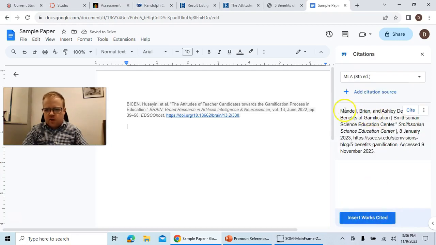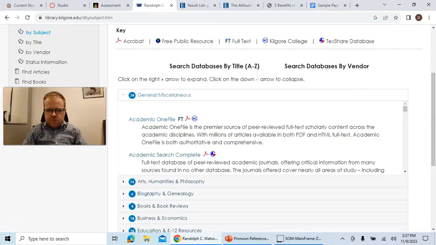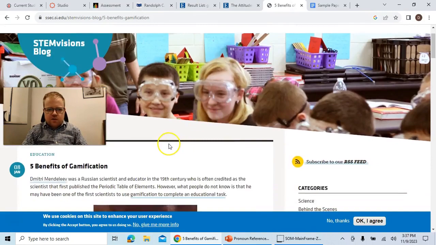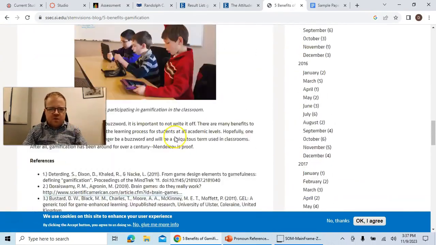And we can see there our full MLA citation has been added. So we would go through and we do this for our other article as well. And once we're done, we're going to click Insert Works Cited, and it will spit out our works cited right here into the text. And then below that, for each of the 2 articles that you cite with Google, what you're going to need to do is skim through it and give a brief summary of what the article is